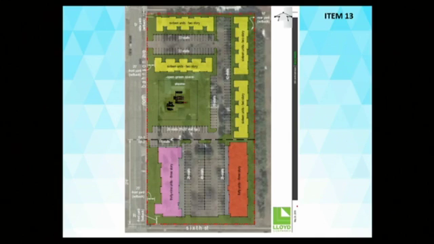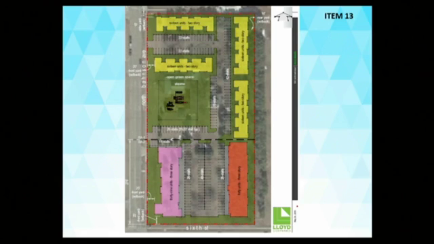Another thing that we really like about this site, and I think if you've heard me talk about this before or heard any of the recent media attention, we get a lot of questions from residents. We manage over 4,200 multifamily residents within the City of Sioux Falls and the surrounding communities. We get a lot of questions about why we don't try to build closer to schools when and if appropriate, because we have a lot of families that move into our community, especially those seeking employment opportunities, that want a safe route for their kids to get to school.